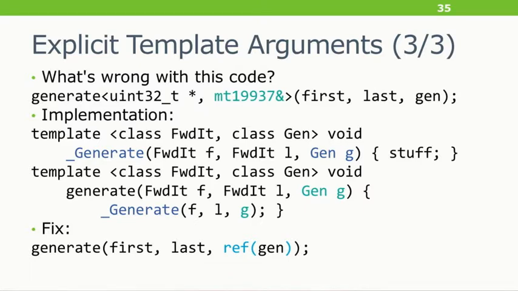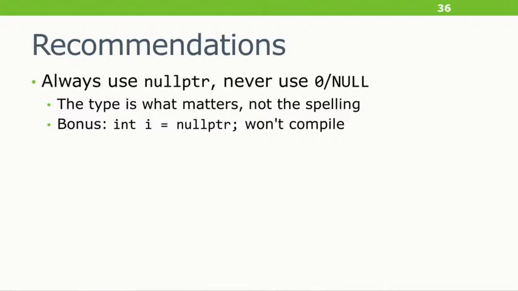There's probably more. I just haven't run into them yet. Actually, there is one more, but it's very obscure. So what I recommend is always use nullptr. Sometimes there are guidelines that are like, yeah, maybe you should do this, except in this other case. But zero and NULL, they're just abominations.